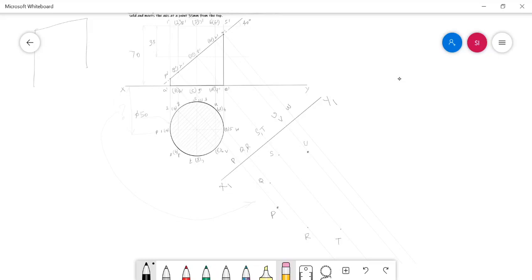Here I am marking the distance approximately, because I am not provided with the linear scale in this software application, but you can do it with accurate measurement with your proper tools in your paper. So, measure the distance between the point V and the XY line. Mark it here. And measure the distance between the point W and XY line. In the projector of W, mark it.